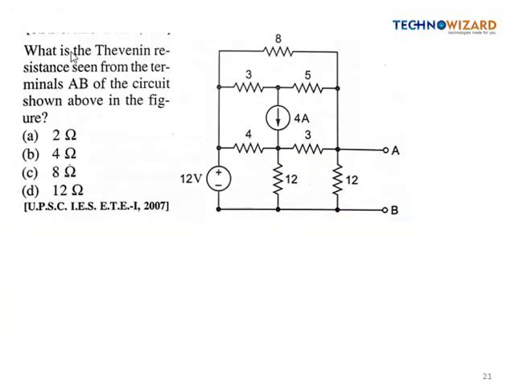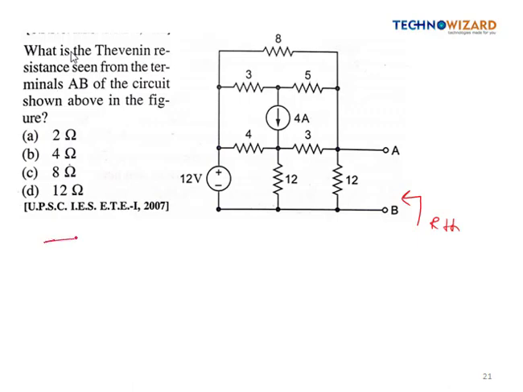Let's see our next question. What is the Thevenin resistance seen from the terminals A and B of the circuit shown in the above figure? For this circuit we have to calculate the value of RTH from here, right? For finding the value of RTH, the current source will be replaced by open circuit and the voltage source will be replaced by short circuit. So our circuit will reduce to